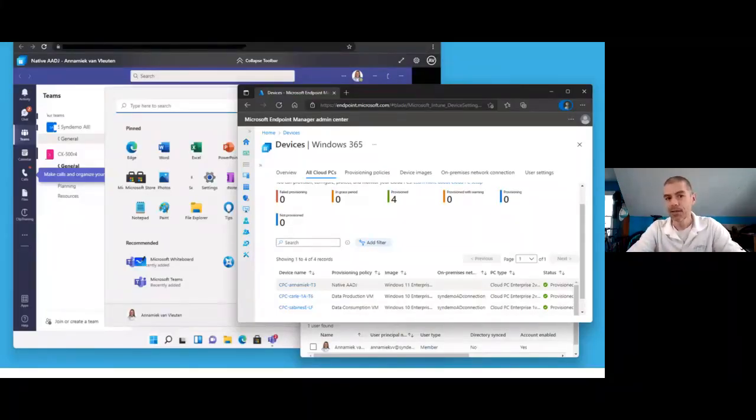What's cool, though, is that this is my first native Azure AD Join machine. I'm so excited. Annemiek van Vleuten gets to have the very first one that was provisioned in my environment. She is accessing it through the web version of the Windows 365 landing page. Able to jump in here. You can see that she is not a directory synced user. She is not coming from Active Directory on premises. She is able to get into her Windows 365 environment and operate as if she were a first-class citizen,